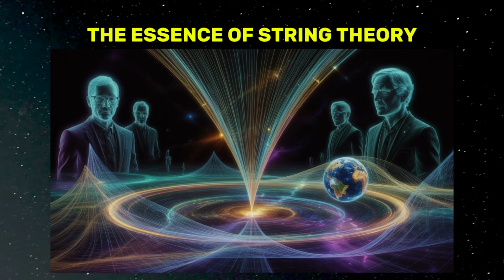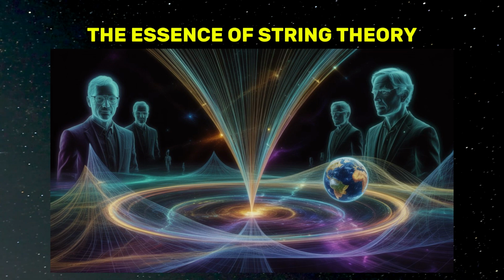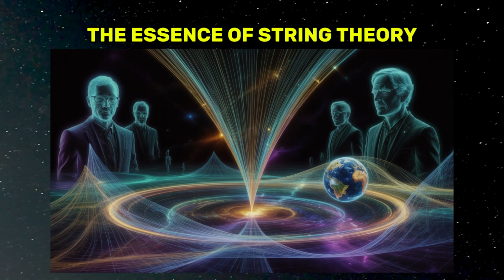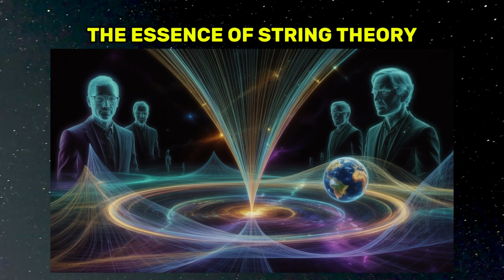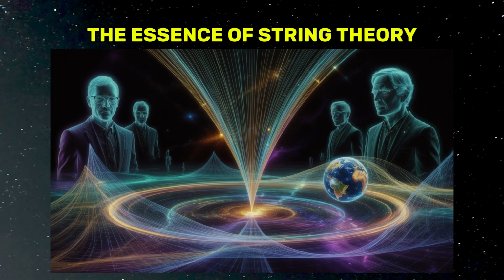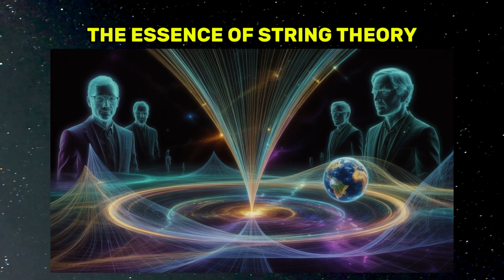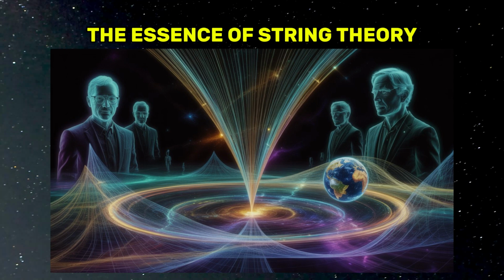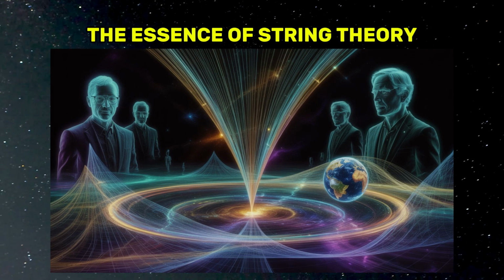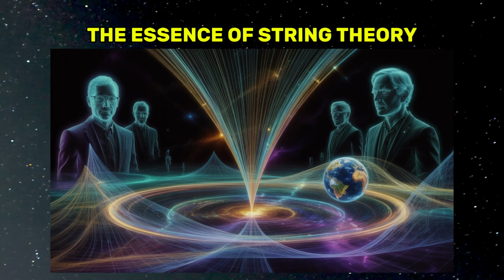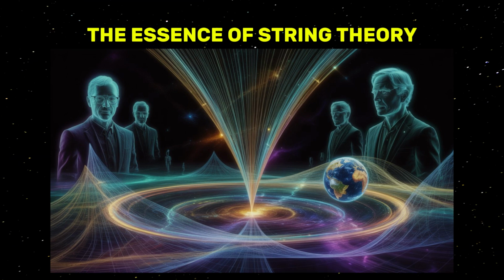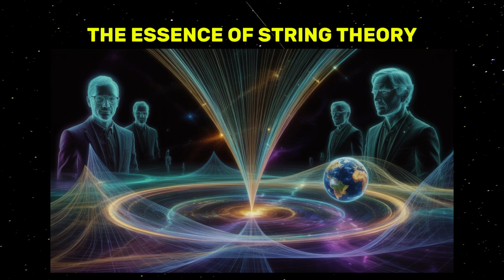However, early iterations of string theory came with their own set of limitations and inconsistencies. For example, they predicted not 3, but 10 dimensions of space-time, 6 more than we directly experience. Initially, this seemed absurd. However, physicists soon realized that these extra dimensions might be compactified or curled up so tightly that we wouldn't perceive them in our everyday reality.